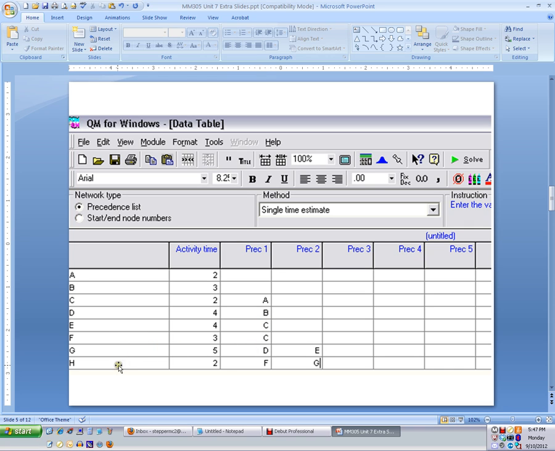And for G and H, they required the completion of 2 tasks before they can begin. G needs to have D and E finished, and H requires F and G finished. And once you enter this information in, you will click on the Solve button,